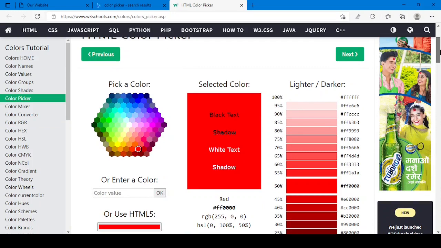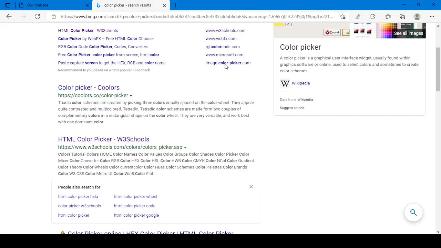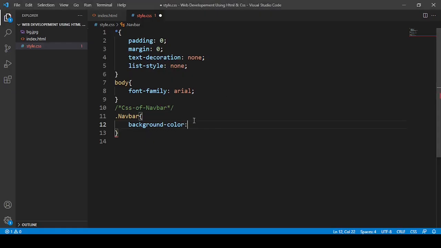That will give you detailed information about which color you have selected and what color is good for you according to your choice. But for now we have stuck with VS Code. For VS Code there is good news, you will get that pre-built color picker.